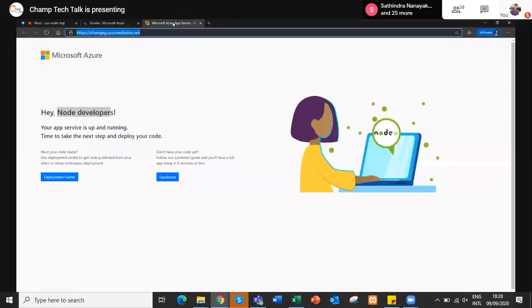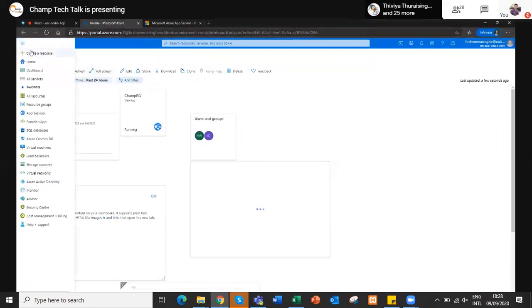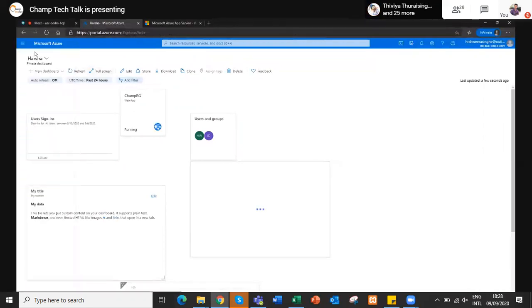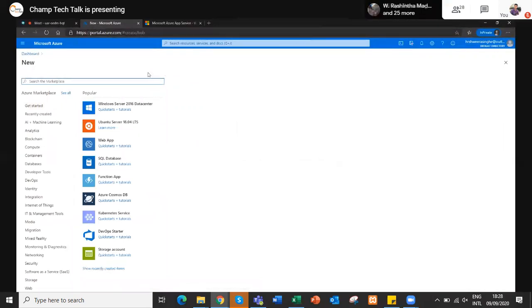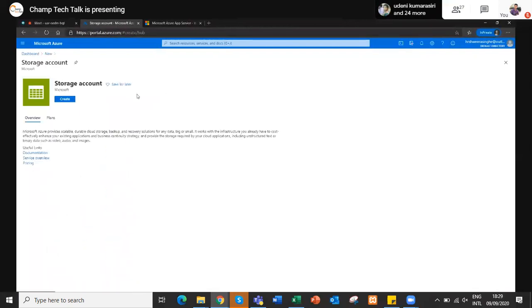You won't get more than 6 steps when we're configuring this process. So let's again go to create a resource. As we discussed earlier, everything is a resource in Azure. In order to have a hosted website, you have to have a storage account. If I go through these storage account options, I can show you different variations of storage accounts. So I'm going to press create.